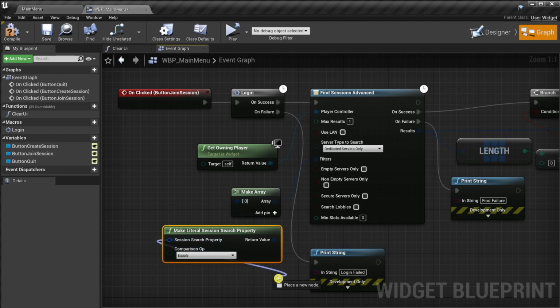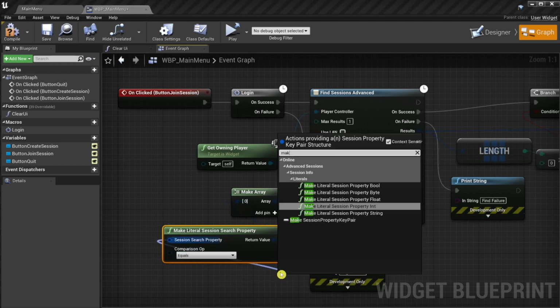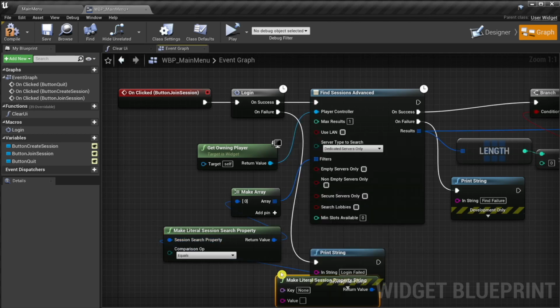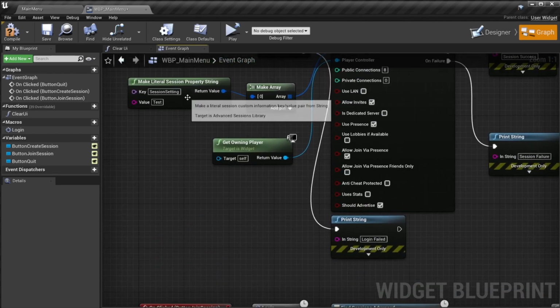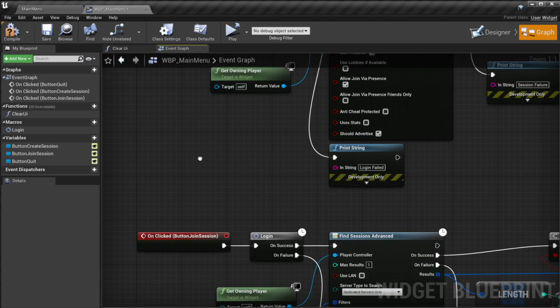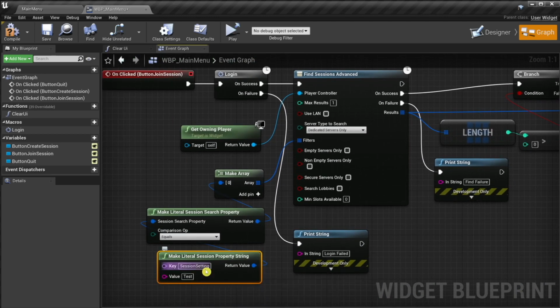And for the search, we make a property string, using the same key and value which we provided when creating the session. We really need to make sure we are using the correct key and value, otherwise joining a session will not work. There will be no error message, so double check. And now we are really done with the blueprint changes.